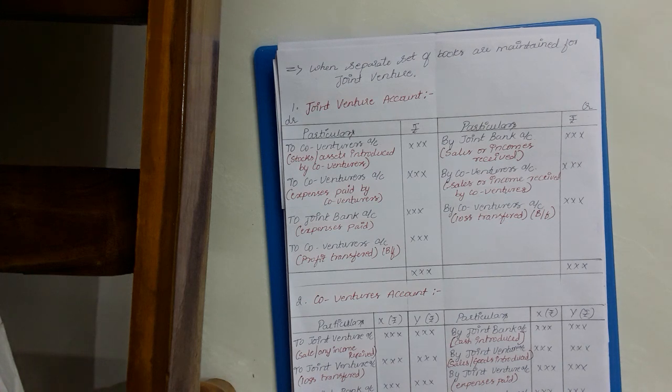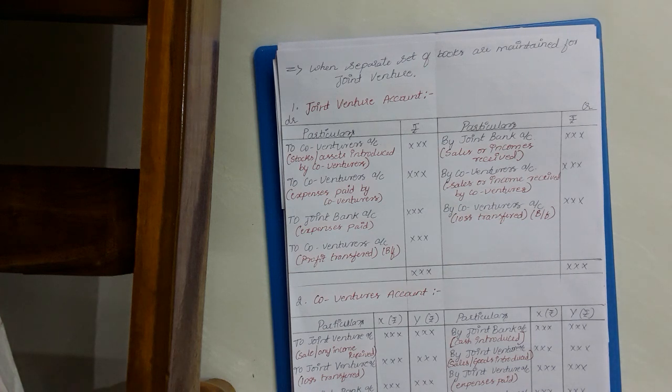So to brief it, a joint venture is a temporary agreement between two parties who wish to distribute the profit among themselves at the end of a period. A joint venture is for a short period of time, and whatever the profit is, it will be distributed among the partners. The partners in a joint venture are called co-venturers, right?